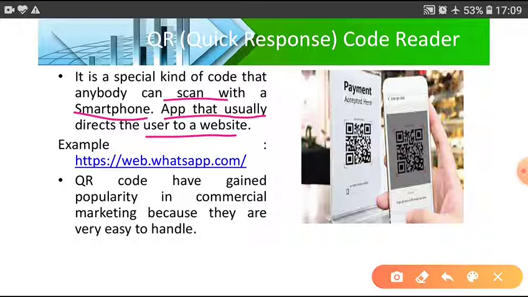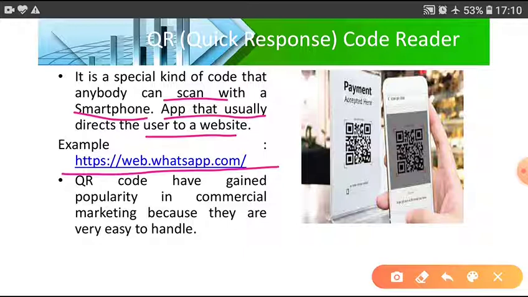Suppose you want to open WhatsApp in your computer system, then in the browser type this address, and after typing this address, open your WhatsApp in mobile and go to the QR code option. The QR code option is on the right hand side, upper corner. You can see the QR code option.